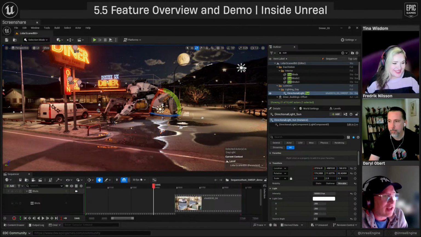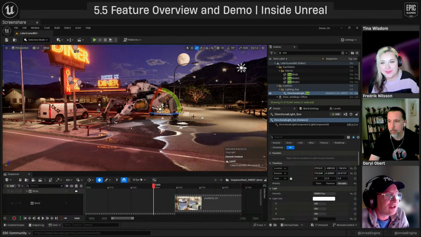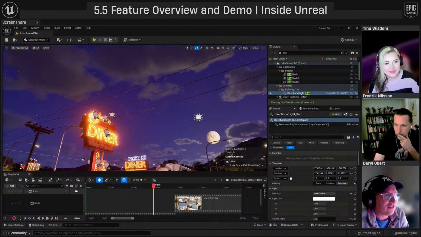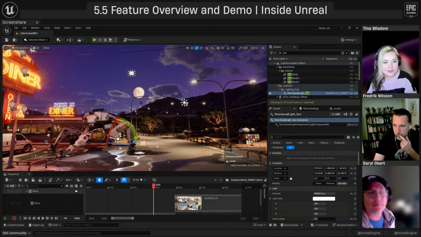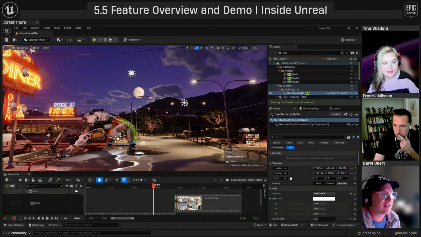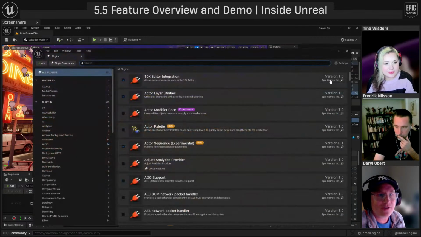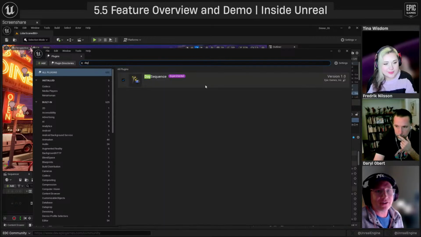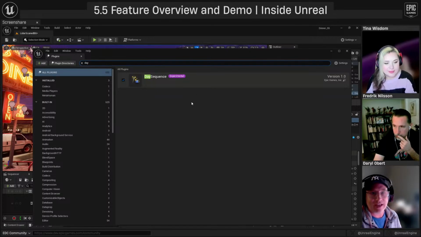So you'll see that as I make it night or even semi-night, like dusky, I have stars in the sky and I have this moon, and this is using a new setup we have in Unreal that ships with 5.5. It's not gonna remember what it's called. It's called day system or something. Day sequencer. So really what it is, it's a fancy material. It comes with a sequencer timeline that you can animate and do stuff with.